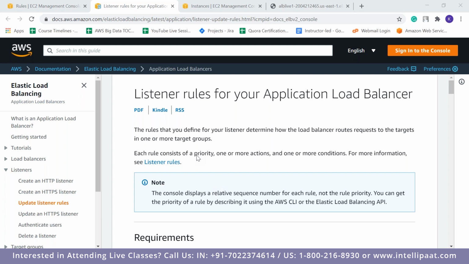How do we set up load based routing? There is a new feature called weight based routing, recently released around three months ago. I think you can mention the percentage. I've not yet tried that, but let's say you have two instances and you want 99% of the requests going to a particular instance, and only 1% going to another instance. You can mention the number, for example, they've given 1,000, so you can put in 990 and 10, so that 99 requests out of 100 go to server number 1.